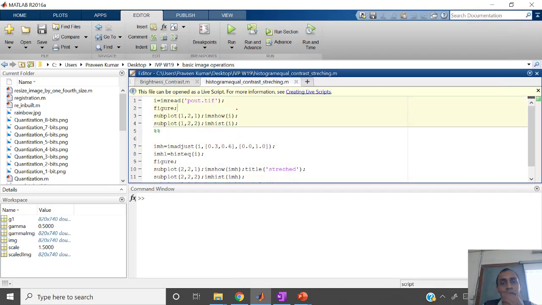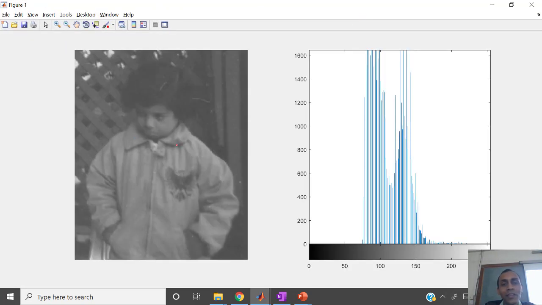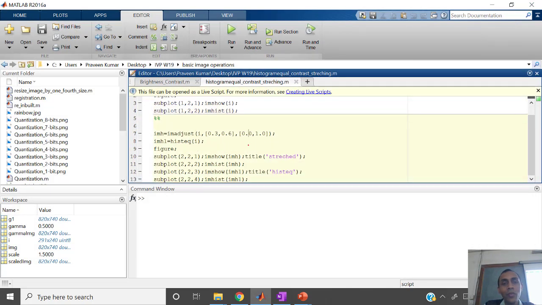Another thing I just want to show you is the histogram. For the histogram, I'm reading an image, showing the image and its histogram. imhist is the function which gets the histogram of the image. This is the image where the child is pouting. As you can see, the intensity values are in a small, middle range. So this is a good image to try stretching the contrast. You can use the imadjust function itself, and you can specify